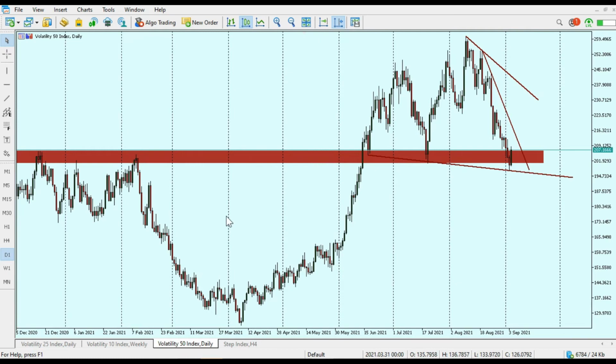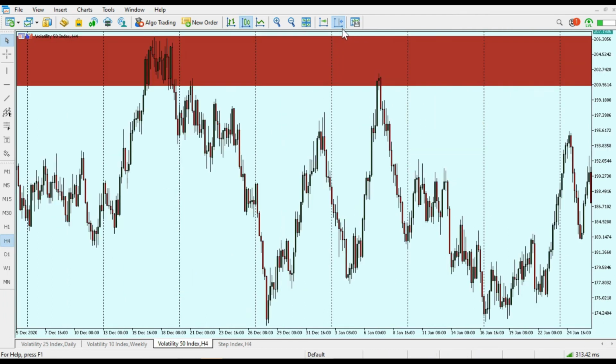This is a price action pattern. So we have this turning into a strong support zone the first time, the second time, then the third time. So this is a clear indication that we should be looking forward to buying and going bullish on this particular